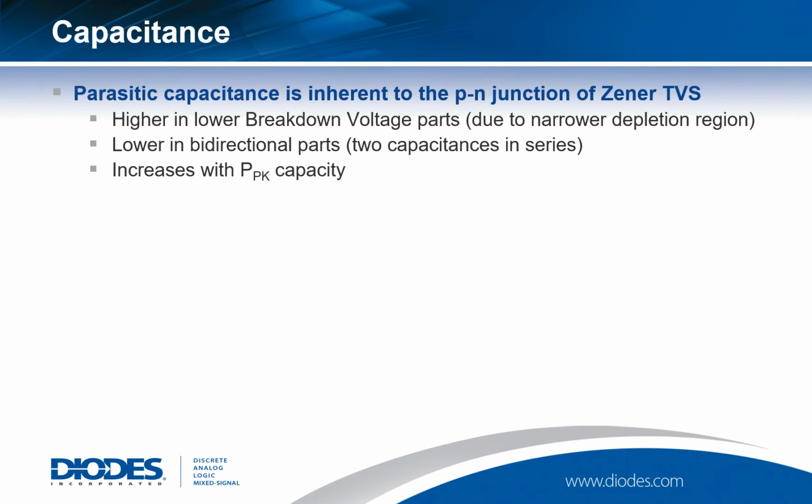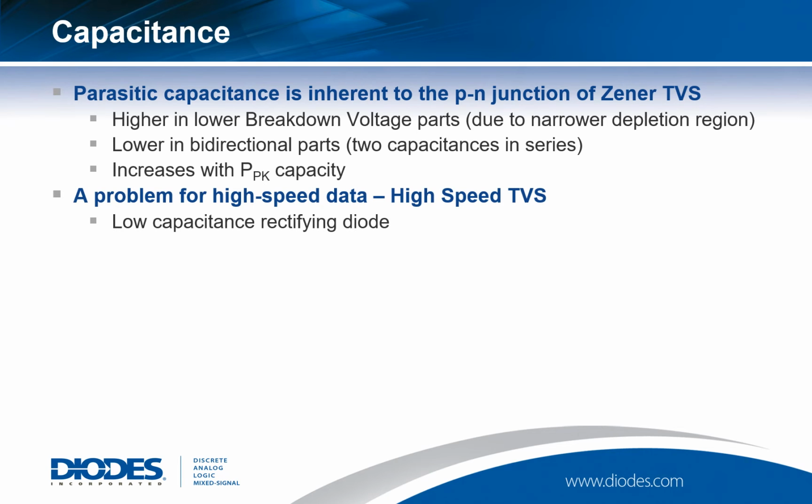This sounds like the construction of a capacitor. Putting two capacitances in series in a bidirectional part means that the capacitance is thus lower. Larger devices with a higher power handling capability will have a higher capacitance because of the larger die area. As we've said, that would be a problem for high-speed data,